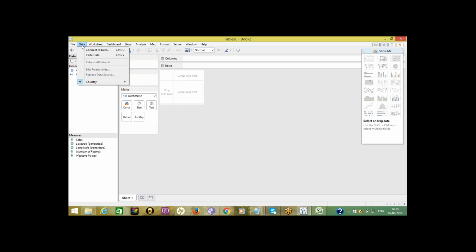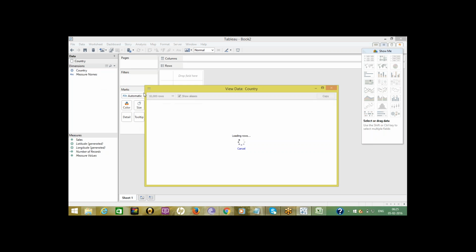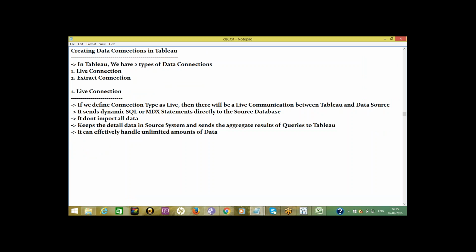Say, go to data again, country, view data, which means here we can find German information also. This is a live connection. Data will be live. Okay, I'll send you detailed notes regarding how to create a live connection.